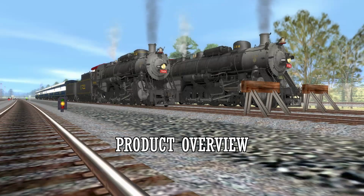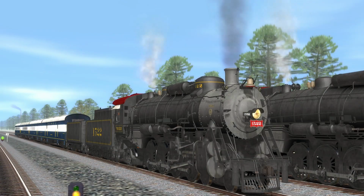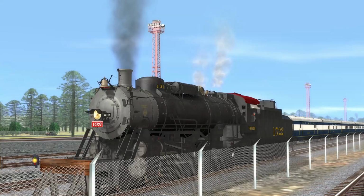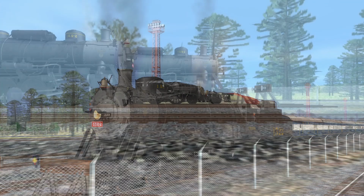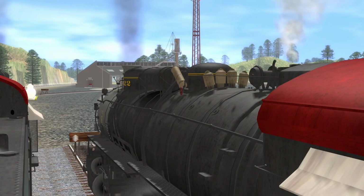Trainz released this model pack on November 13th, 2015, and it runs from Trainz 2009 to Trainz 22. It comes with 1522 and its support cars, and the 1522 in its 1940s-50s appearance. These engines have a high amount of detail. They were modeled from blueprint specs and photographic textures, and feature a 3-part echo whistle,